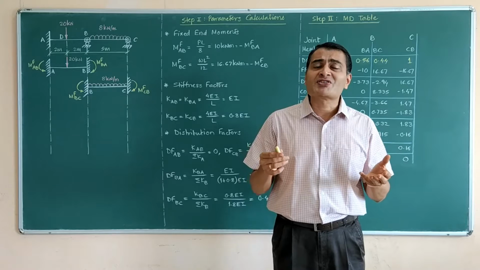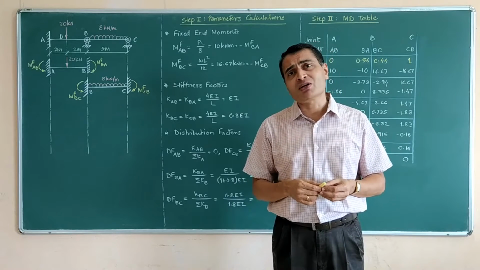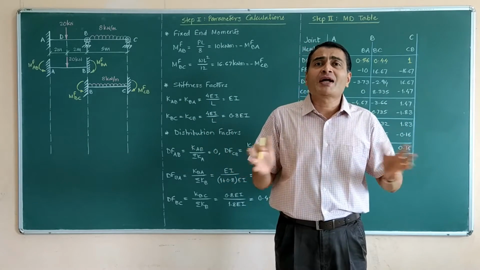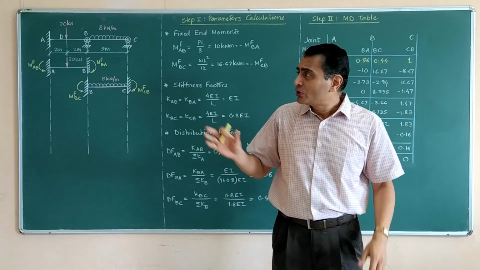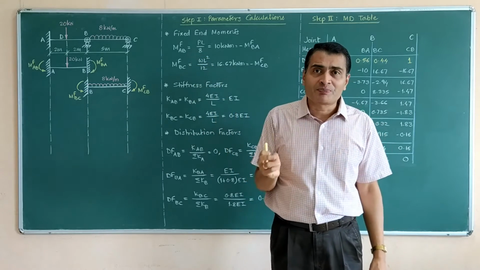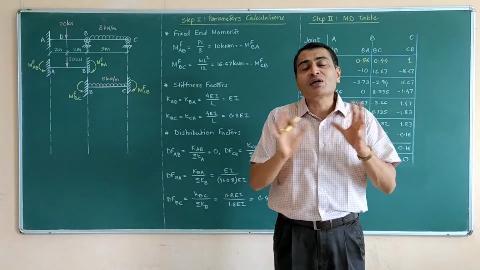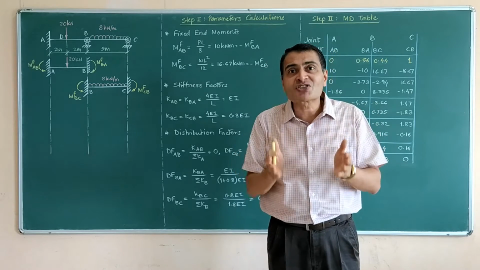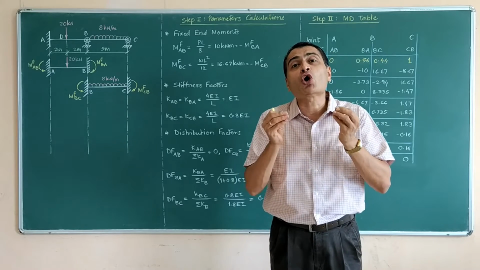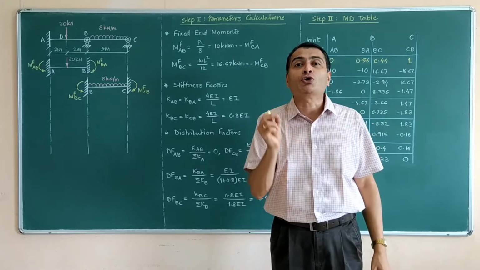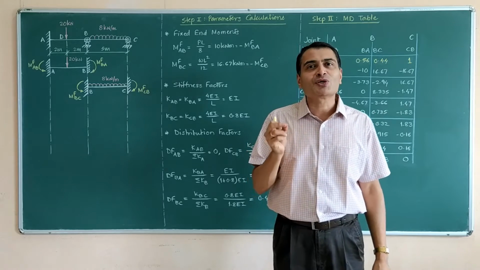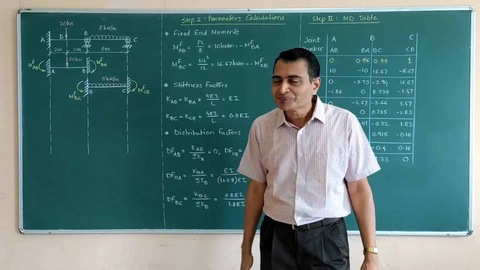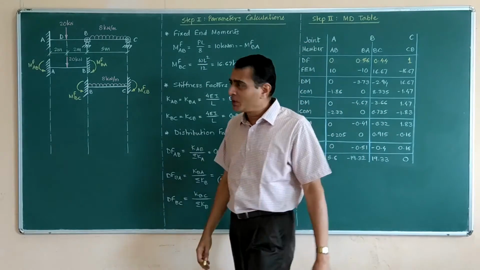Actually, that problem was very simple, and in one or two steps itself we got the balance clearly and we had to stop our analysis. Now this problem is a bit more involved, and you will observe that apparently the balance is not observed, but because of iterations, if you check the summations, you are gradually converging to the balance at the joint, to the equilibrium at the joint, and that is the beauty of this mind-blowing method, moment distribution method. So let's see our problem.